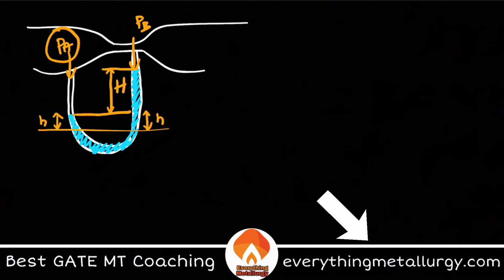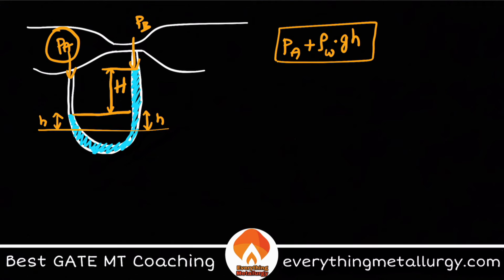Okay, so if you see at A, apart from PA, we also have some liquid that is exerting some pressure on this particular horizontal line or horizontal level. How can that be? Which is equal to rho into, what is the liquid that is present, which is water, so let me write W, into g into, I took it to be small h, correct? So this is the total pressure that is acting on this particular point. PA, the pressure of air that is acting on my liquid, along with it, we also have this extra level of water that is present apart from air.